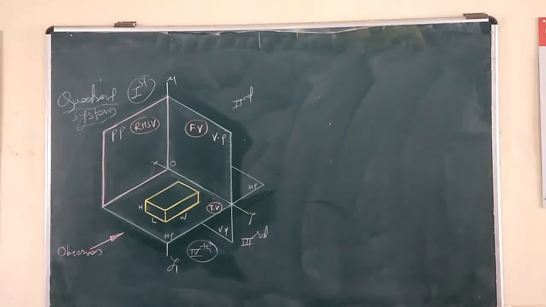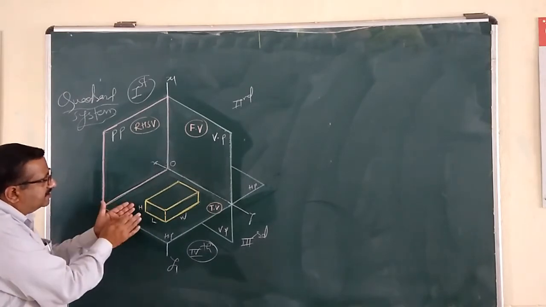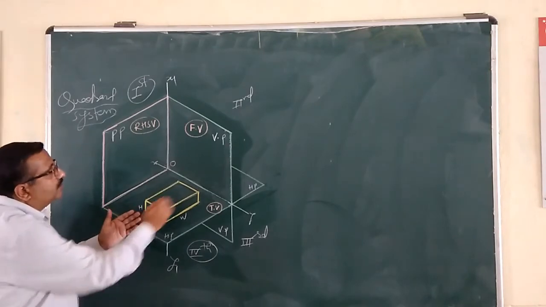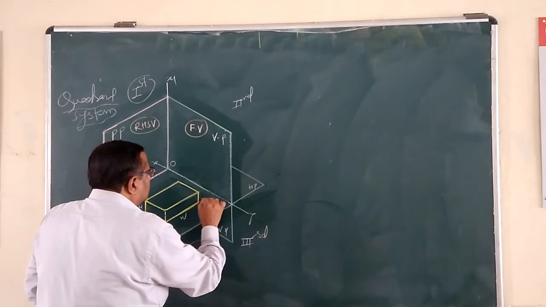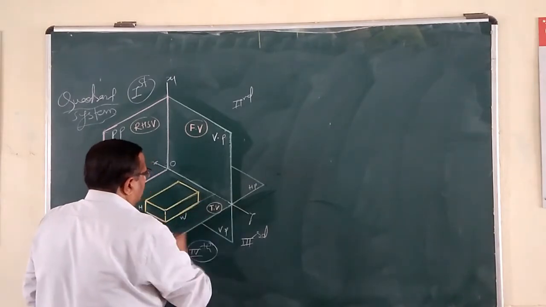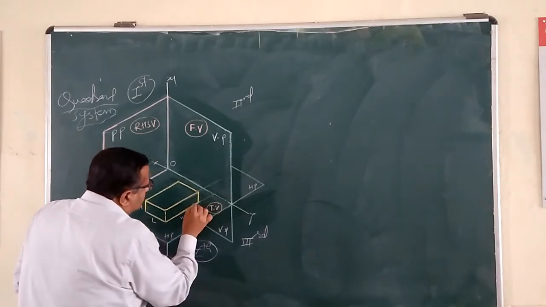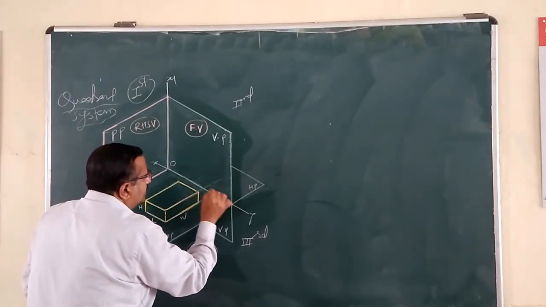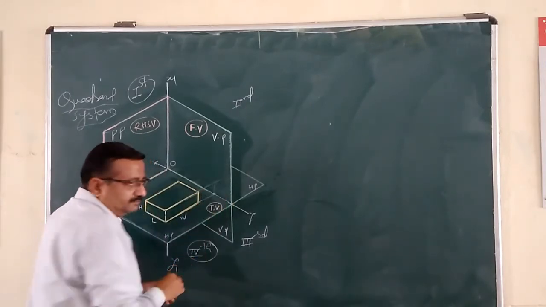See now, we are observing from this direction. So the L by H image, after focusing a torch also, this surface we are going to get its shadow on VP. How? Just see. I am going to project this baseline as well as this top line in this way. The point of intersection of this extension line or projection line, we are going to get here. Now from here, just draw a vertical line.